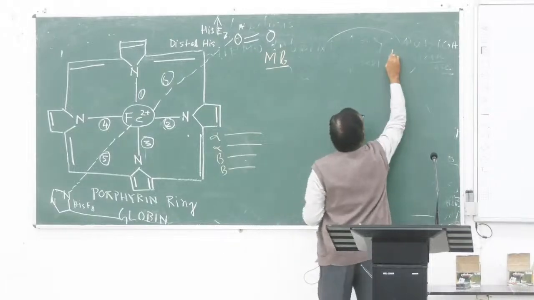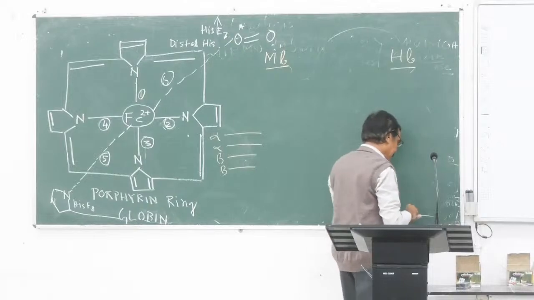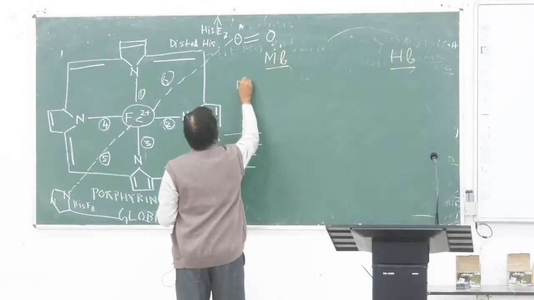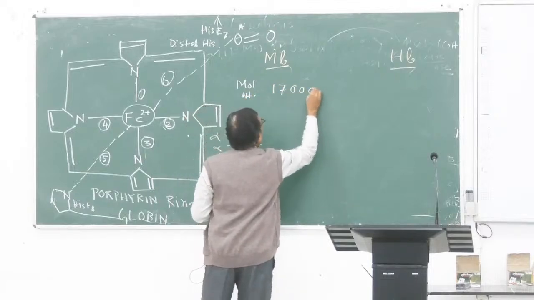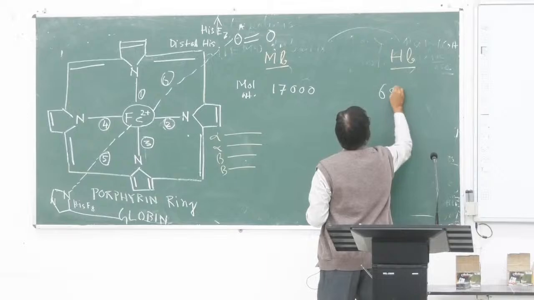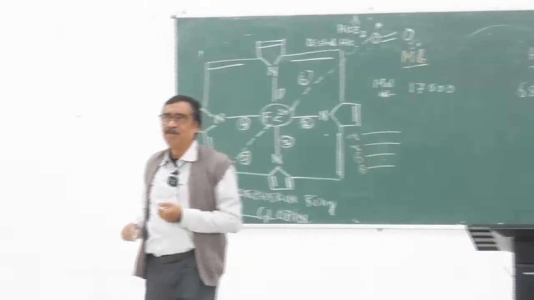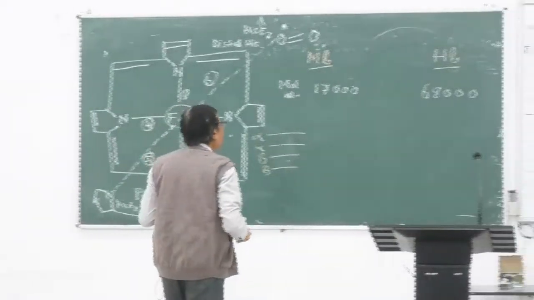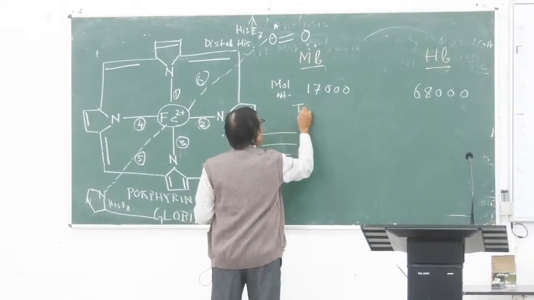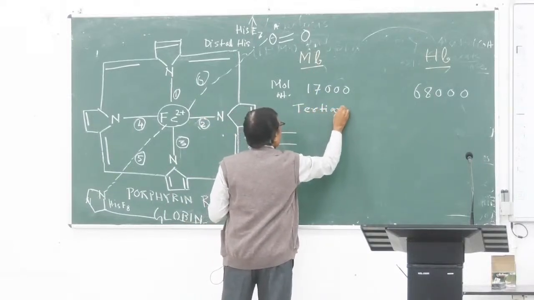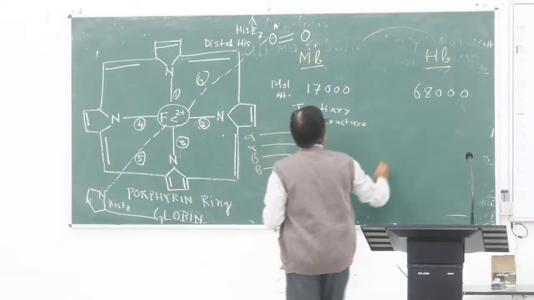এটা হচ্ছে মায়োগ্লোবিন, এটা হচ্ছে হিমোগ্লোবিন। How do you differ? একটা স্ট্রাকচার থেকে শুরু করবে। প্রথম হচ্ছে মলিকুলার ওয়েট। মলিকুলার ওয়েট হচ্ছে 17,000, অবভিয়াসলি এর হবে 68,000, 4টে সাব ইউনিট। এটা হচ্ছে টার্সিয়ারি স্ট্রাকচার, এটা হচ্ছে কোয়াটারনারি স্ট্রাকচার।